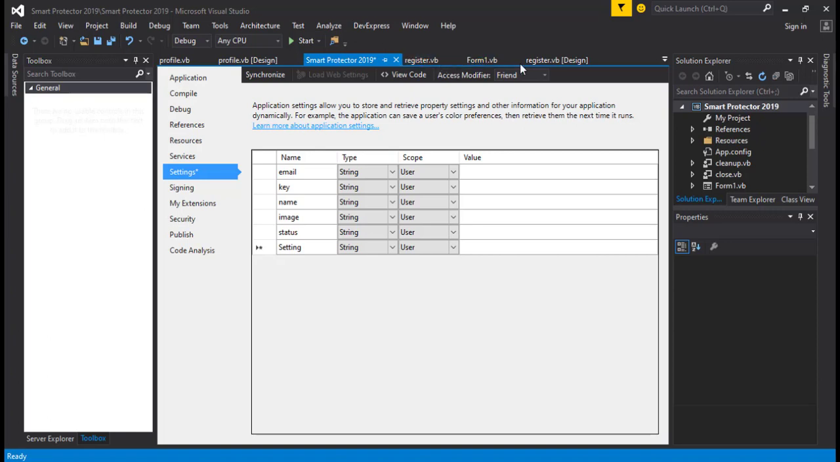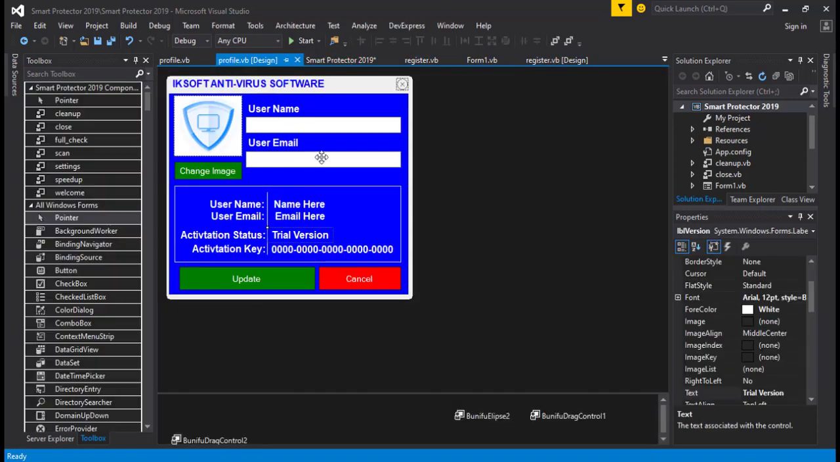So let's go back to the profile section, and let's start coding up. So we have this txt name, txt email, and then we have the update, right? Good. So what we're gonna do is first of all,